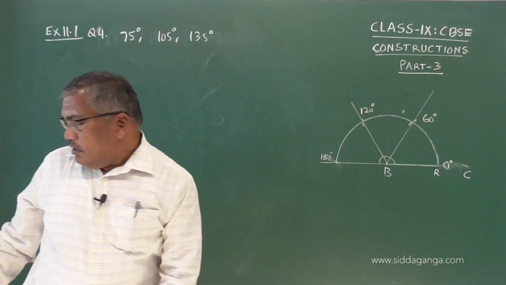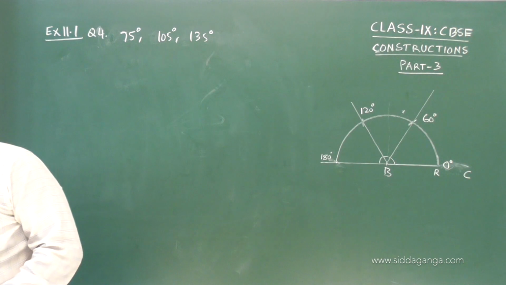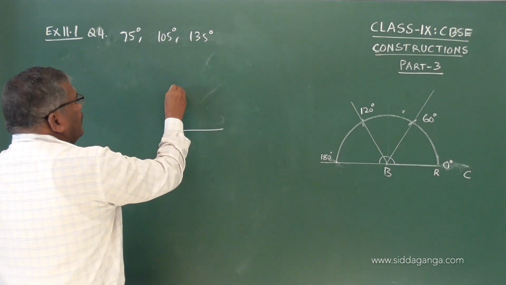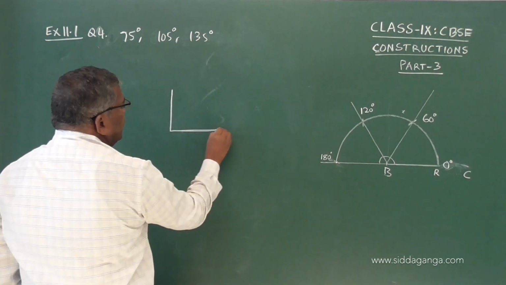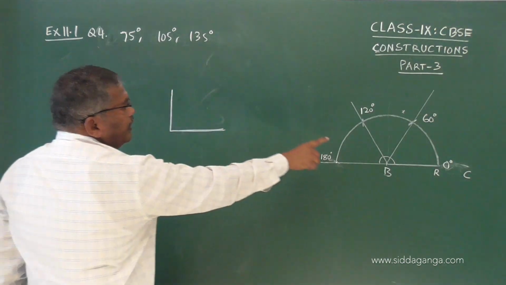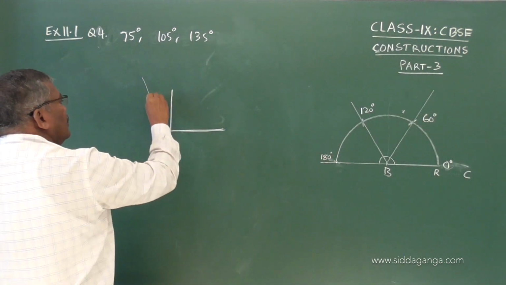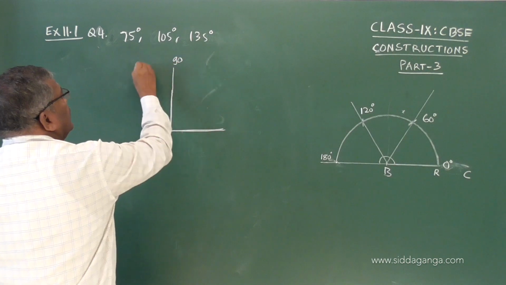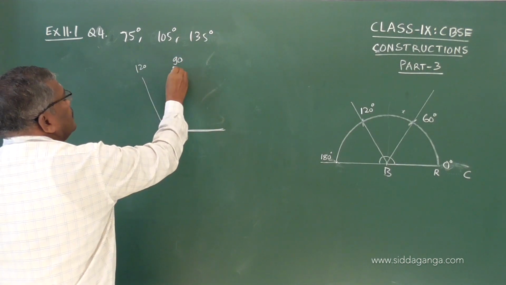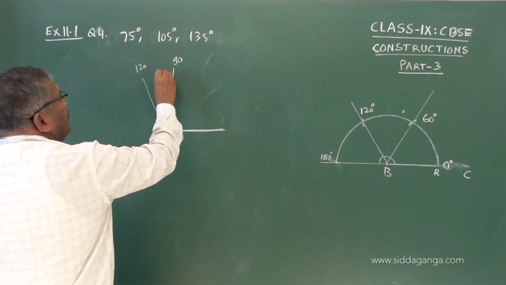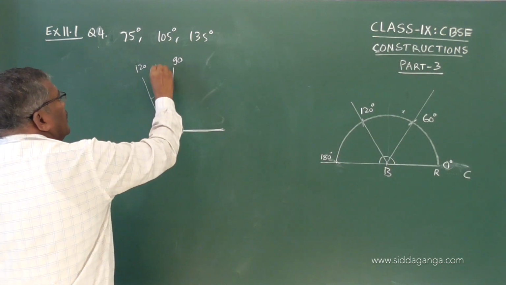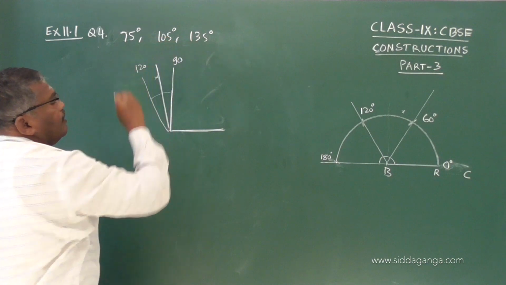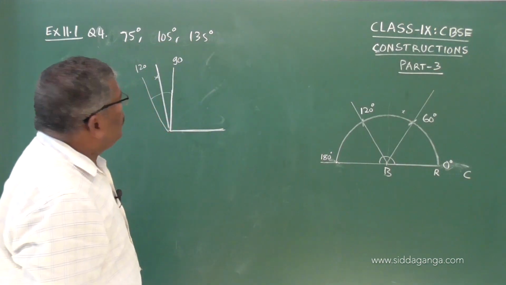75 degree. So now 105. So for 105 degree, you will have a 90 degree angle first. You will construct a 90 degree angle, and then beyond 90 you have 120. So this is a 120 line, this is a 90 degree line. So the difference is 30 degree. If you divide this, you will get 15 degree. So therefore this line gives you 90 plus 15 is 105. So likewise you have to do.